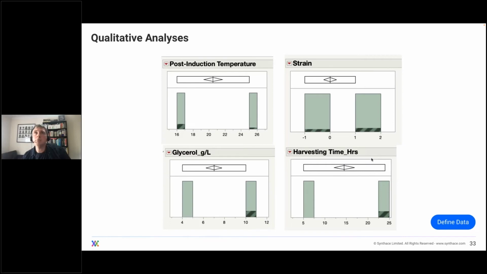So for example, in strain, there's nothing really to say either strain is doing much better than the other. And for post-induction temperature, there's some indication of a trend, but clearly for glycerol and the amount of time after we wait to harvest our E. coli, all of the top 5 are at the higher end of the scale of the 2 runs that we've tried. So this is really interesting. Since giving the bugs a bit more food and letting them grow for longer before harvesting seems like a pretty intuitive way to get more of them, it sort of makes me believe there is something in these kind of